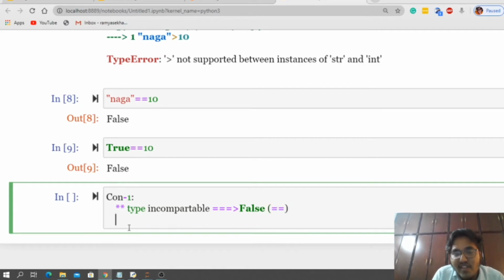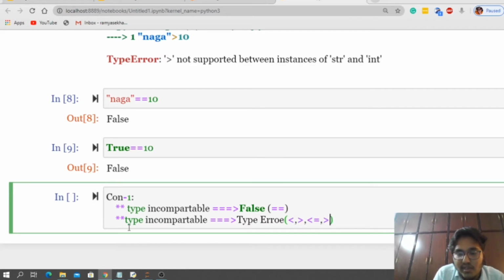Whereas incompatible types in comparison operators will return a type error if you use less than, greater than, less than or equal to, or greater than or equal to.